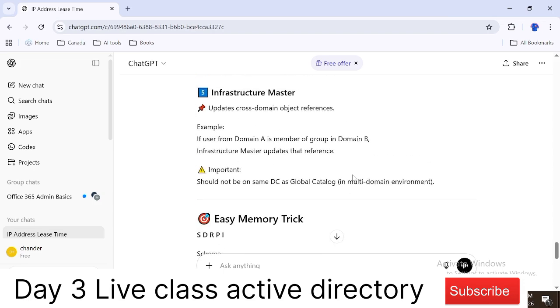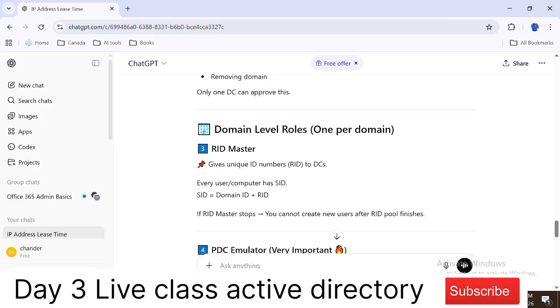Now, the RID master. Okay, this is the RID master. So the RID master is also domain level. Whenever we create an object in the organization, it can be a group, it can be a domain, it can be an OU, it can be a computer, it can be a user, it can be a guest user, it can be any account, a unique ID gets assigned to that object. That is called